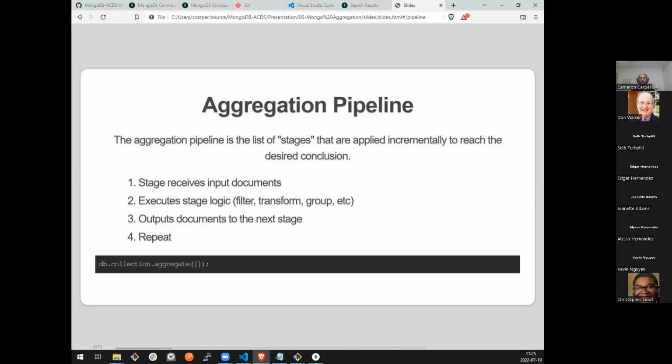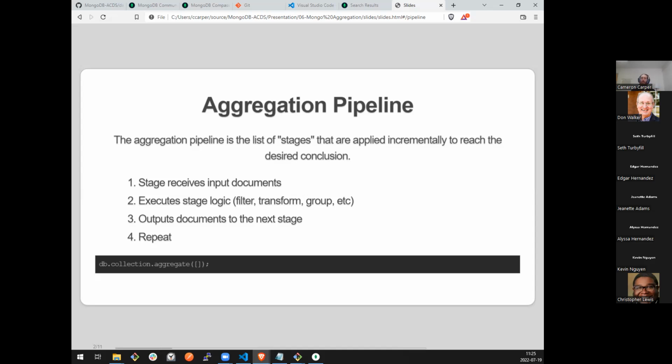Now we could be reducing down the number of documents, as in my example where I said, let's filter by age. The first stage filters anyone out who is under the age of 30. So we had 1,500 records input to stage 1. Say we had 700 output into stage 2, and then stage 2 works on those 700 documents. That is very common.